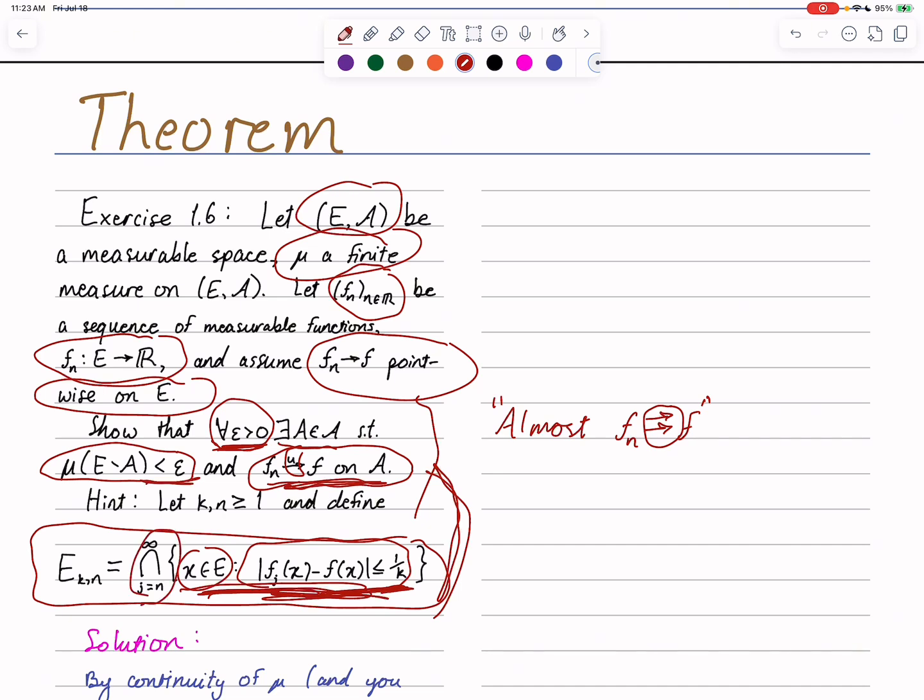Of course, with n controlling the intersection. And I guess we should think about what's going on there. So with n becoming larger and larger, the intersection starts farther and farther out, right? Because that index j shows up again here in this term. And so effectively what that means is that we're forgetting early functions, right? So by setting n very large, the first several functions don't matter. They're not going to feature in any of these sets.